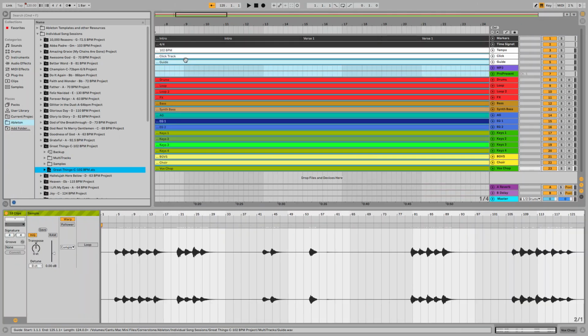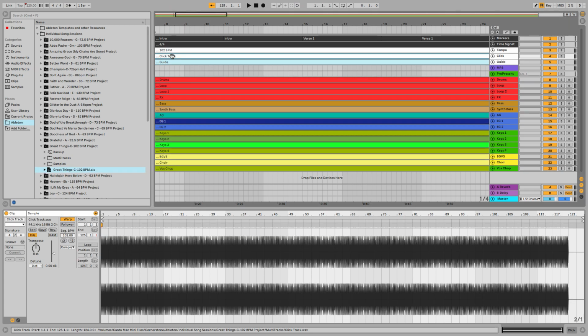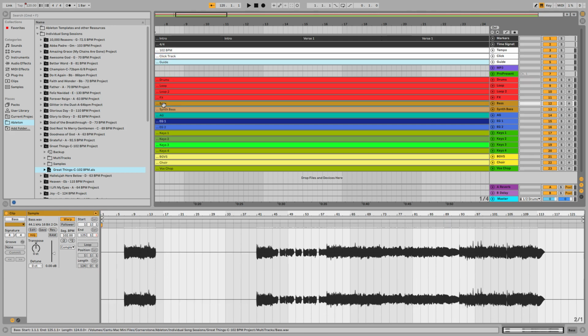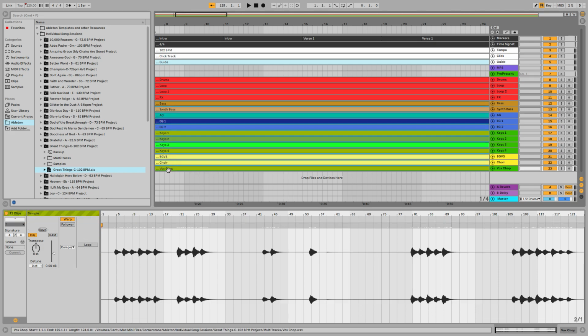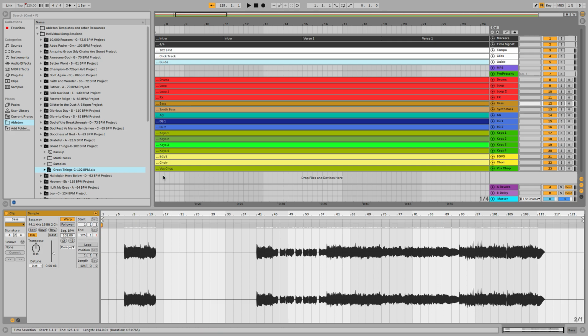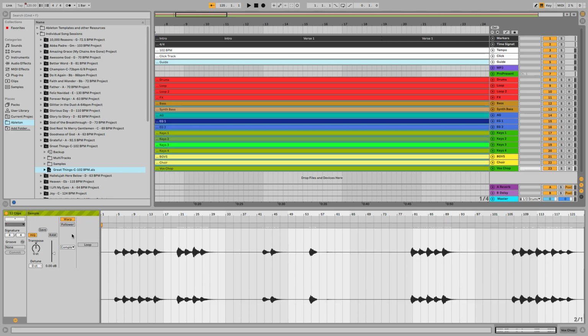So what I'm going to do is, I don't need to transpose the click track, the guide track, any drums, loops, or effects. So none of those will I select. But I will need to change everything from bass to this vocal, so I'm going to click on bass, hold shift, and click on the last one, so it shows that I have 12 clips selected. We're in the key of C right now. We want to go down to B, so we're just going to go half a step, and you're just going to drag this